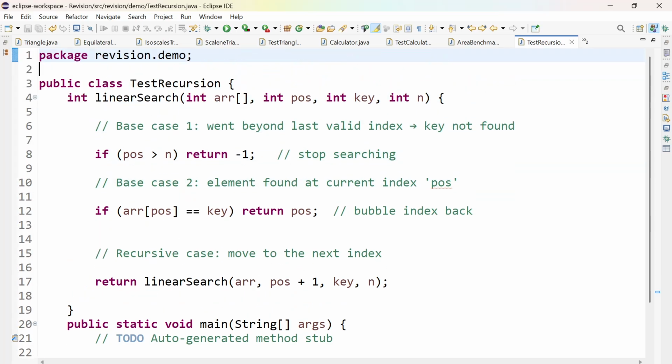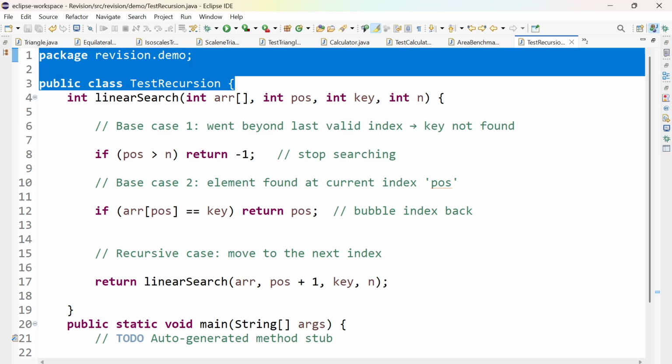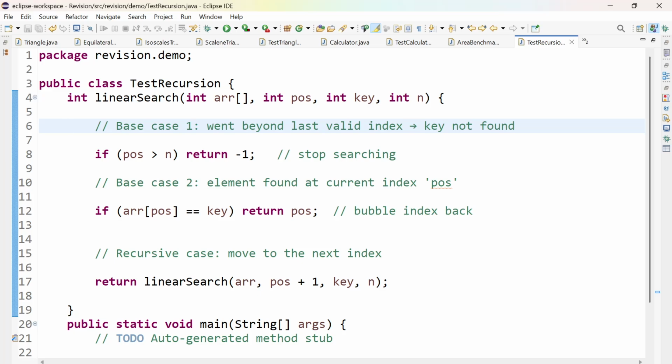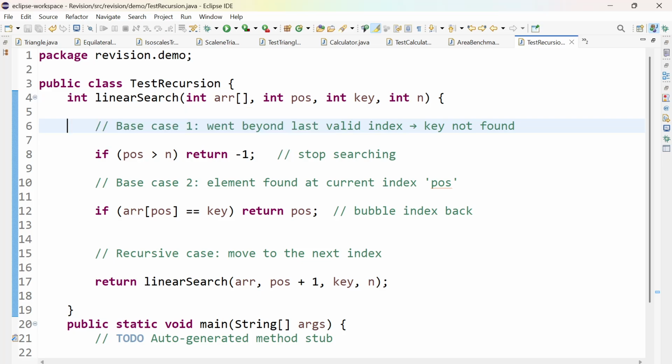See, forget everything which is above, starting from line number 3. Forget these things. All you need to understand is this function, linear search. You know what a linear search function is. It is the same thing that I have copied from that page that I was just showing. Now, if I need to call it from the main function,